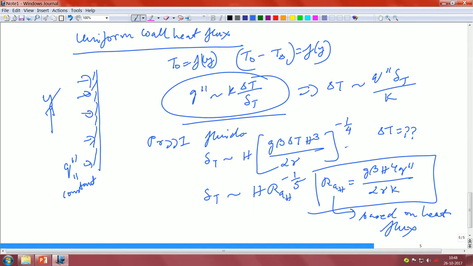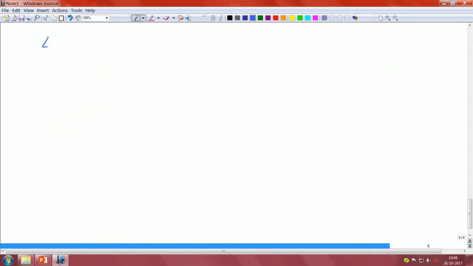That is the only major change you have. You have written it in exactly the same way because nothing should change, except that you have added one particular scaling, which is Q double prime equal to k delta T by the thermal boundary layer thickness. From there we are eliminating the temperature differential, because that differential is not constant anymore, it is the Q double prime which is the constant here. That is the only change we have made. So this delta T now therefore should become